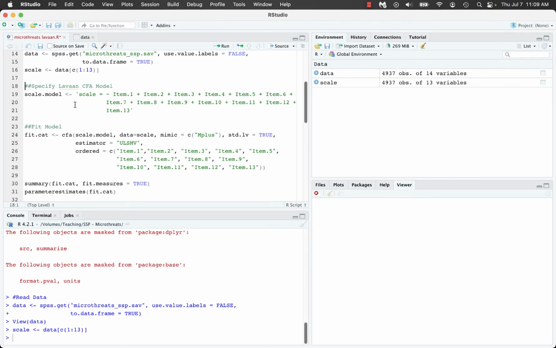So the first thing we do in Lavaan is to specify a model. And we're going to create an object called scale model. That's just the name that we give it. We can call it anything you want. And then we're going to actually change some of that down here. We're going to create another object called FitCat. So our scale model that we're going to use then in our CFA